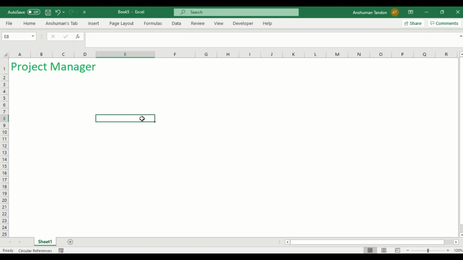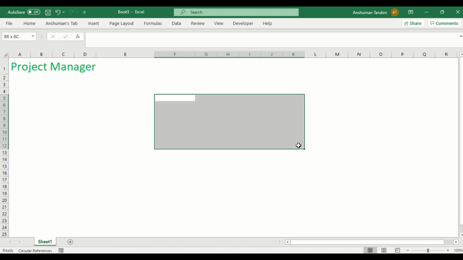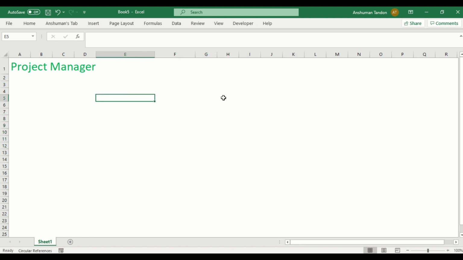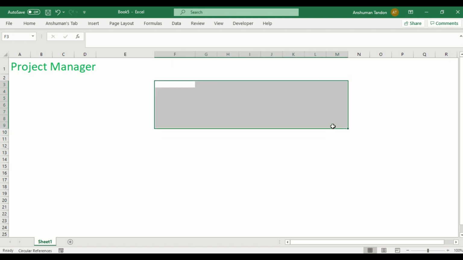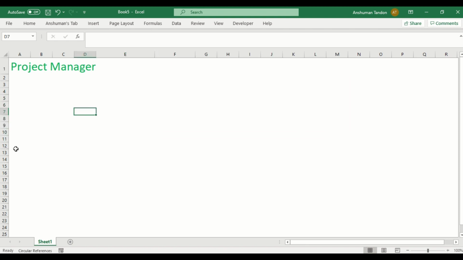So in this project manager, now I just want a place where the entire working will go on. So I will create a separate area for that. But before this, let's create something over here. Like I am giving a heading of serial number and the tasks that are involved in my project, and something I just want to put is the percentage of completion for that particular task. So I am putting percentage of completion over here.